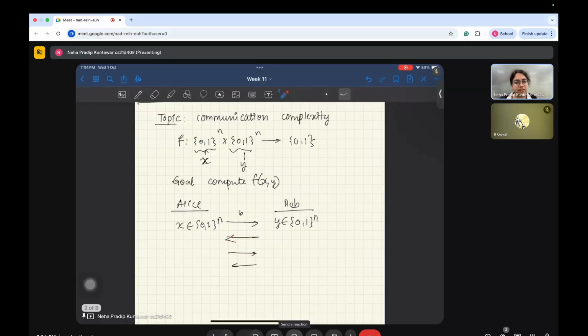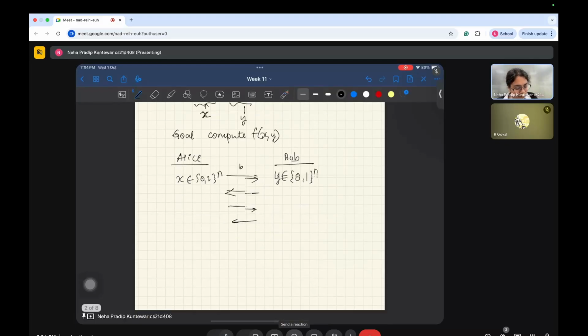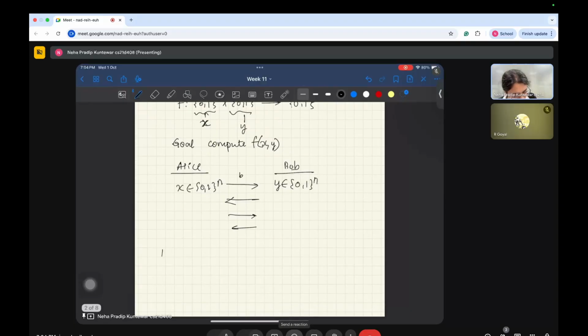It may not be like that. Alice could send, let's say, 5 bits, and then Bob decides to speak up. But whatever it is, they have pre-decided how they are going to communicate. So this is what we call the protocol pi, which is basically the transcript